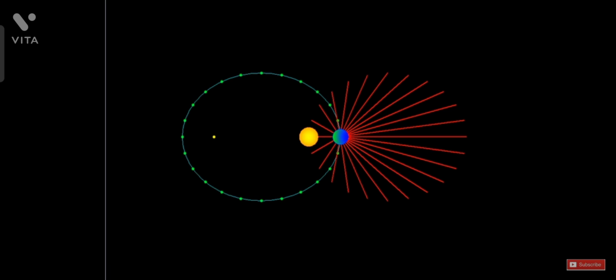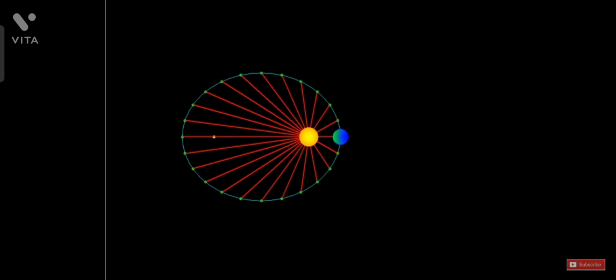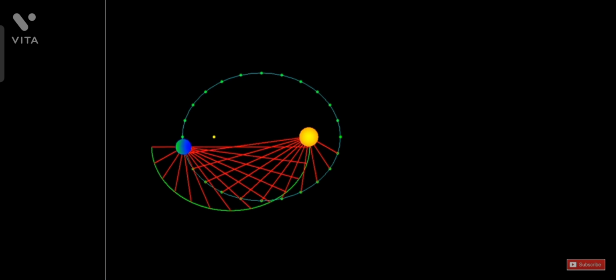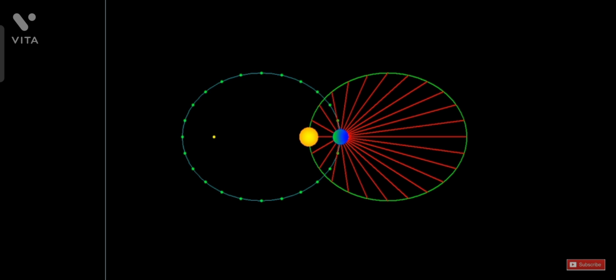Let us actually see this getting generated. This time I am not just going to pick these lines of sight, but I'll also be connecting them with a smooth curve. You'll see the tips of these lines, at the end of which the sun will always be there, are being connected with a smooth curve, and that is an ellipse. So this is the ellipse I was talking about. Since it is traced by the same position vectors, this ellipse is identical to the previous one. Let us see this in motion once again.